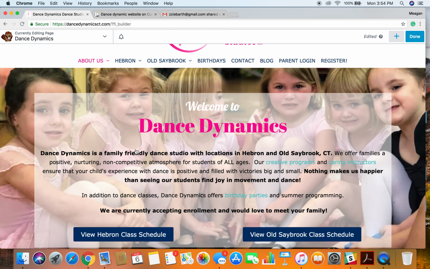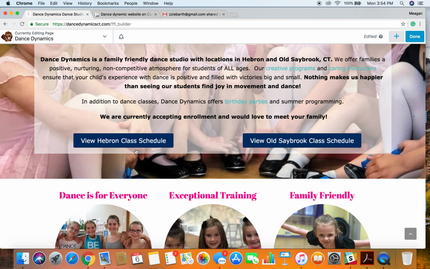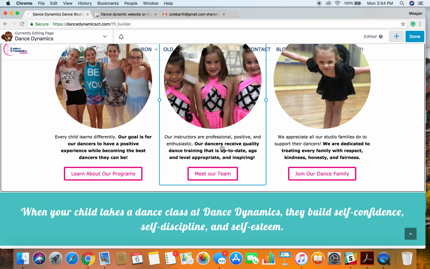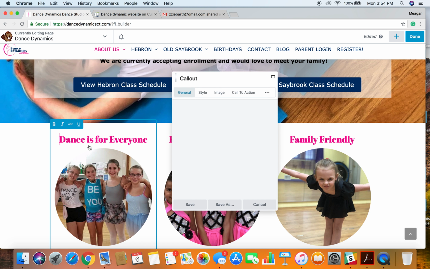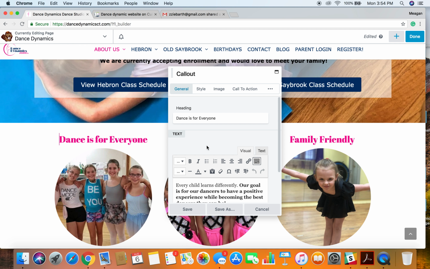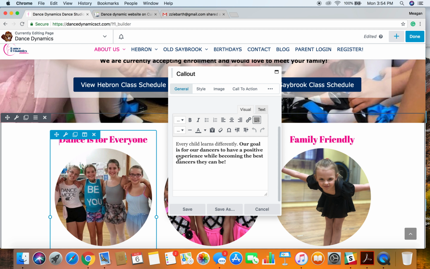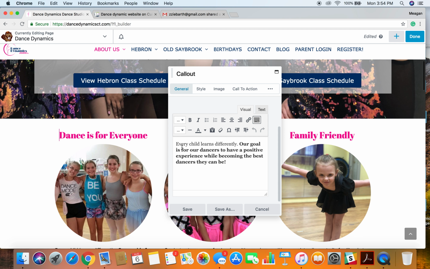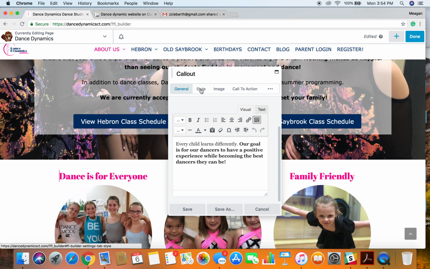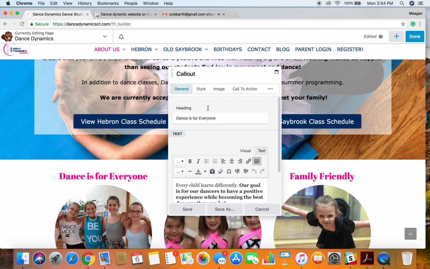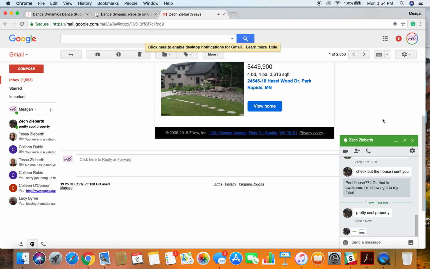And that is going to open your site. Now this is super handy, because any part of this, you'll see as I click on it, it opens up and you can very easily edit. So this is what's called a call out. It has a little bit of text, it has a title, and then it has a headline, and then it also has a